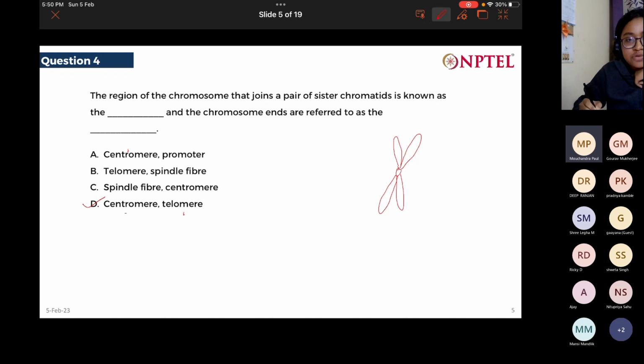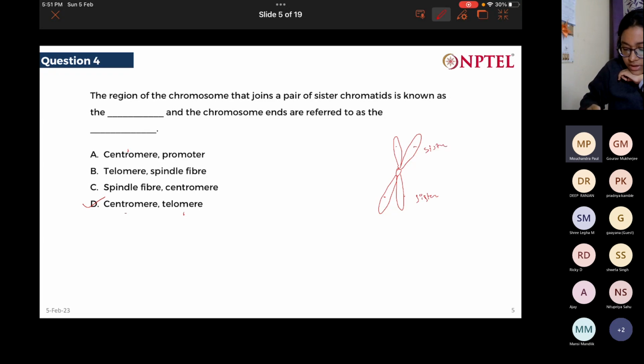This is the structure of the chromosome that you can see during the metaphase stage, right? In mitosis, there are 4 stages. One of the stages is metaphase, right? So all the DNA has condensed so much that it has taken the form of this structure. This is the chromosome. So they're asking, and these two are the sister chromatids,